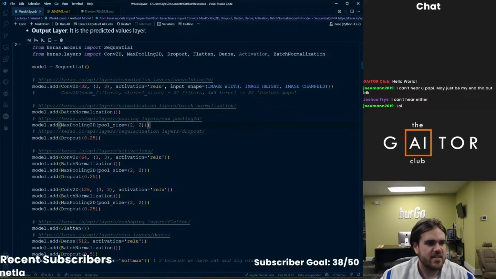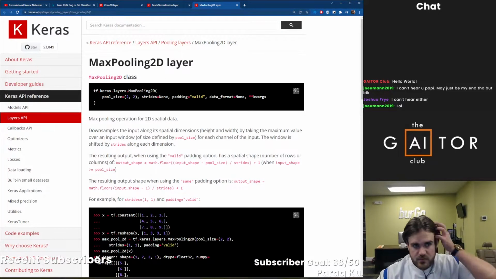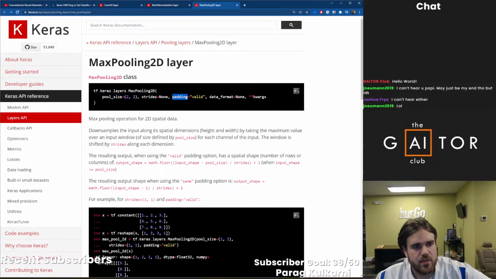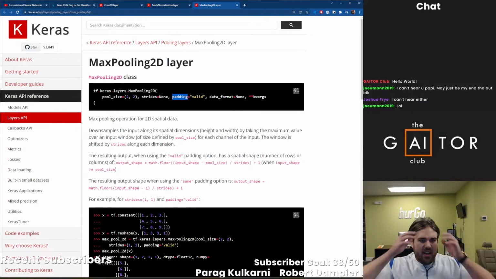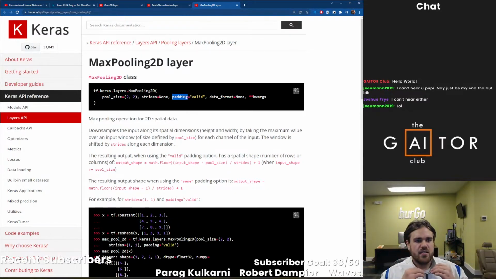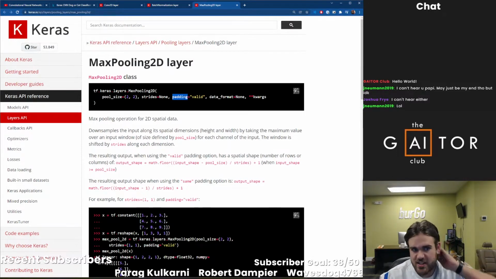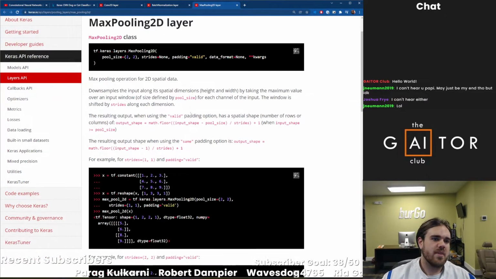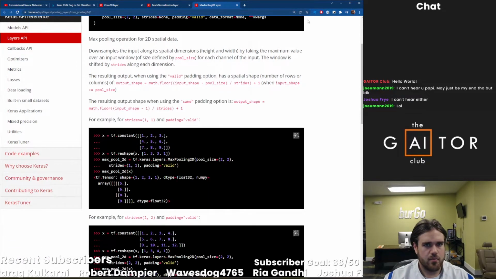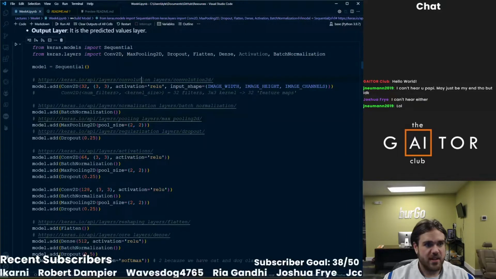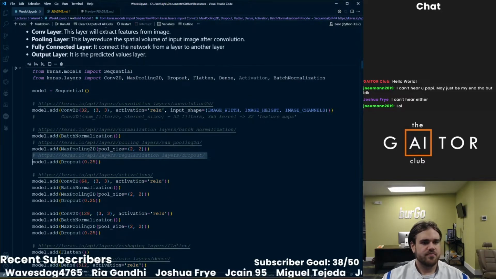And this max pooling 2D takes the convolutions that we made and resizes them down, so it's easier to work with as well. It creates a new smaller image, and then after that this dropout layer